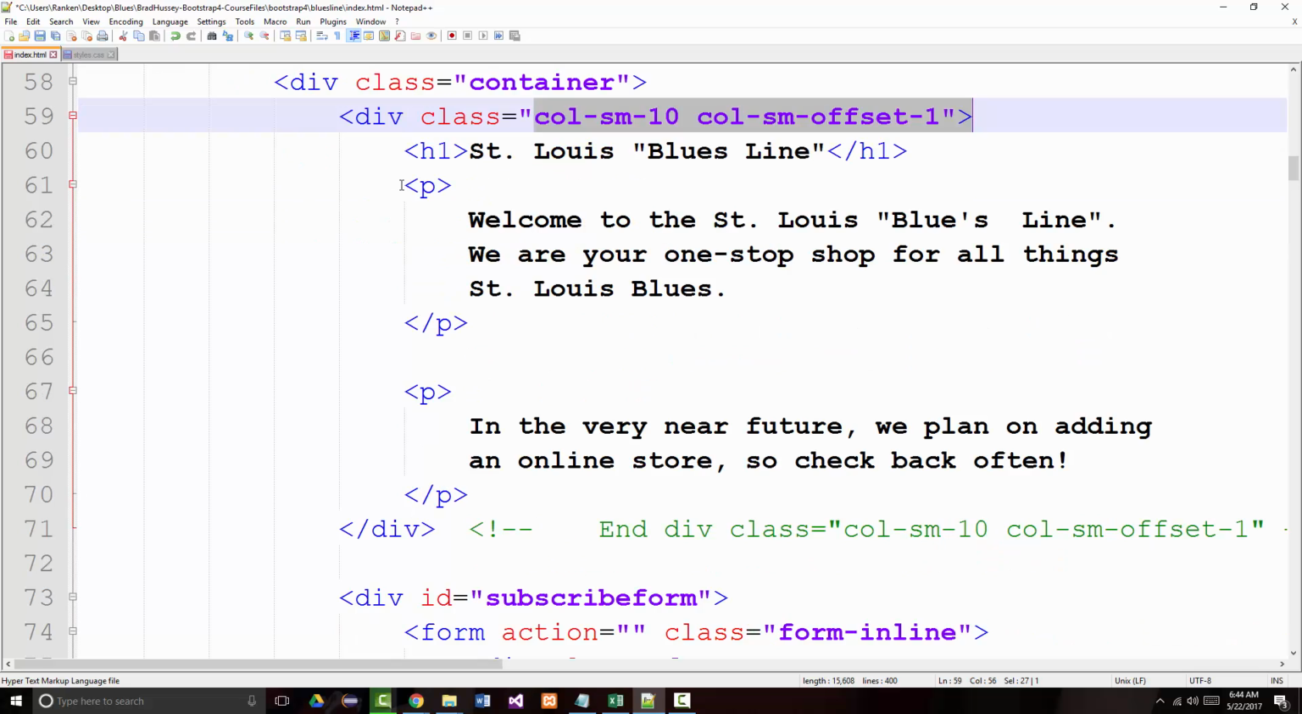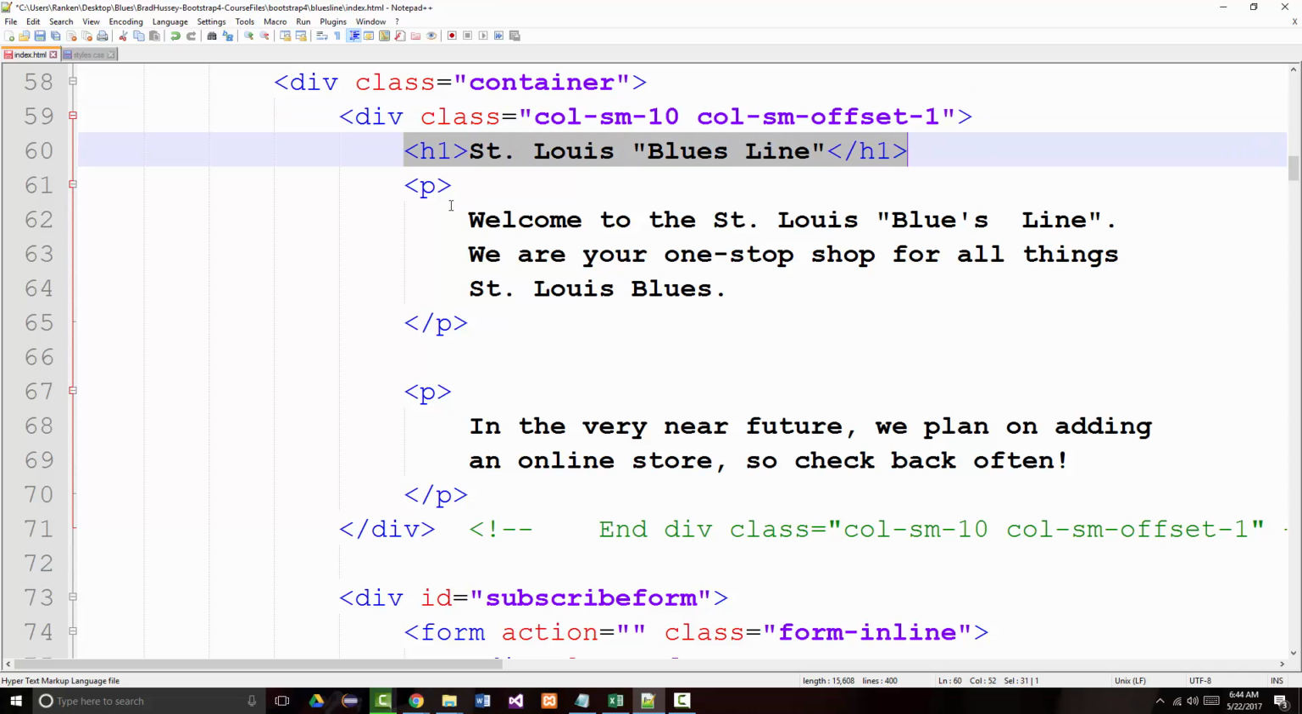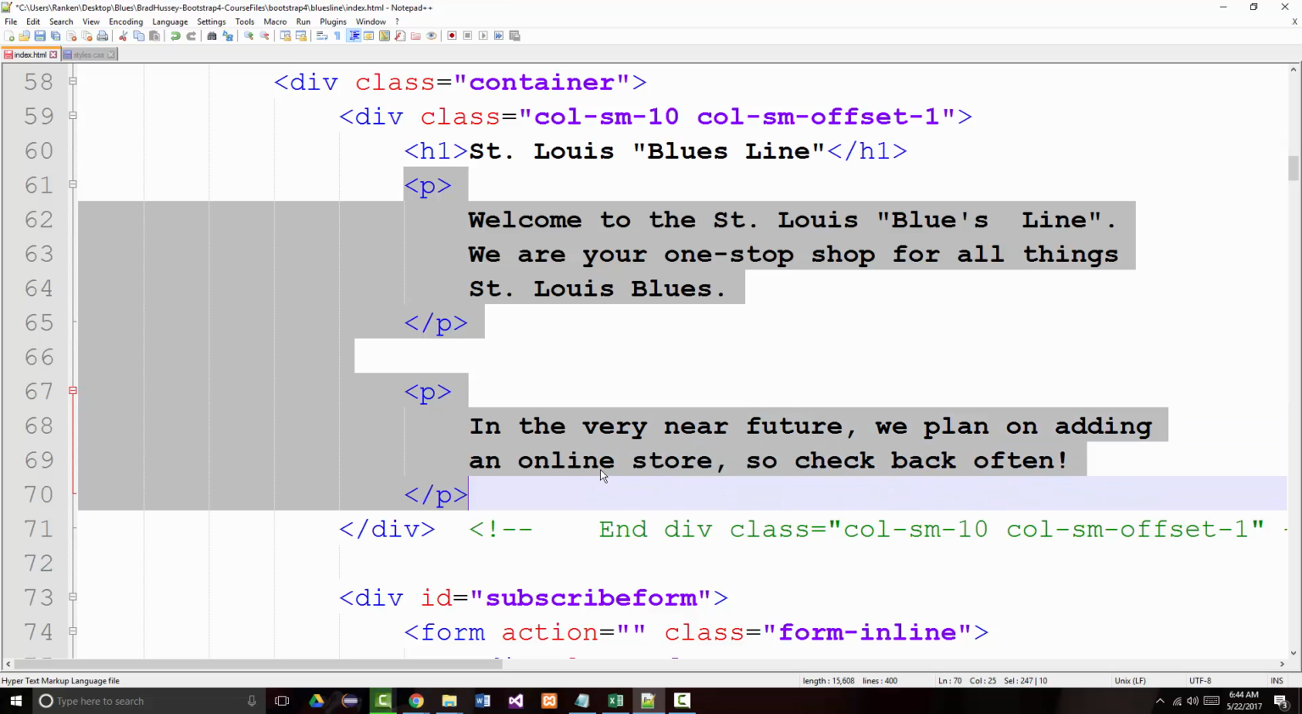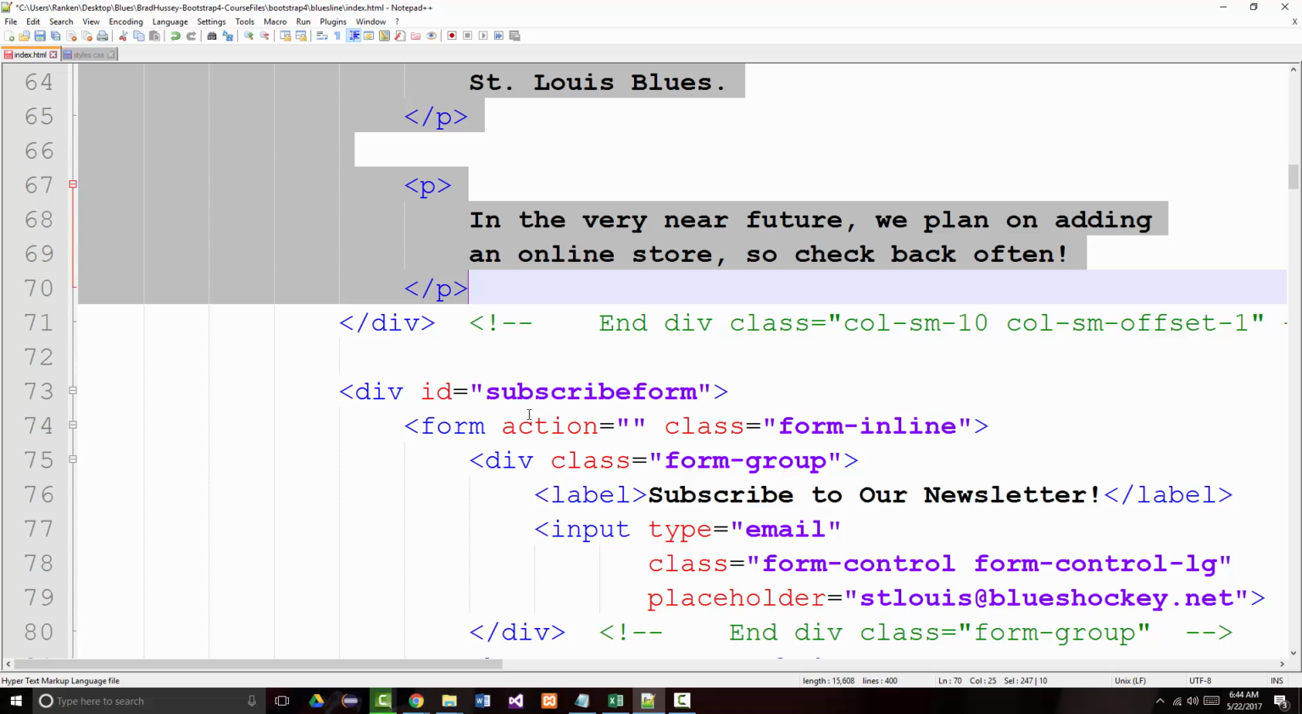Other than that, what's in here is just raw, for lack of better words, HTML. Here's my H1 tag. I've got a couple paragraphs. Boom. That's it. Also, inside of here,